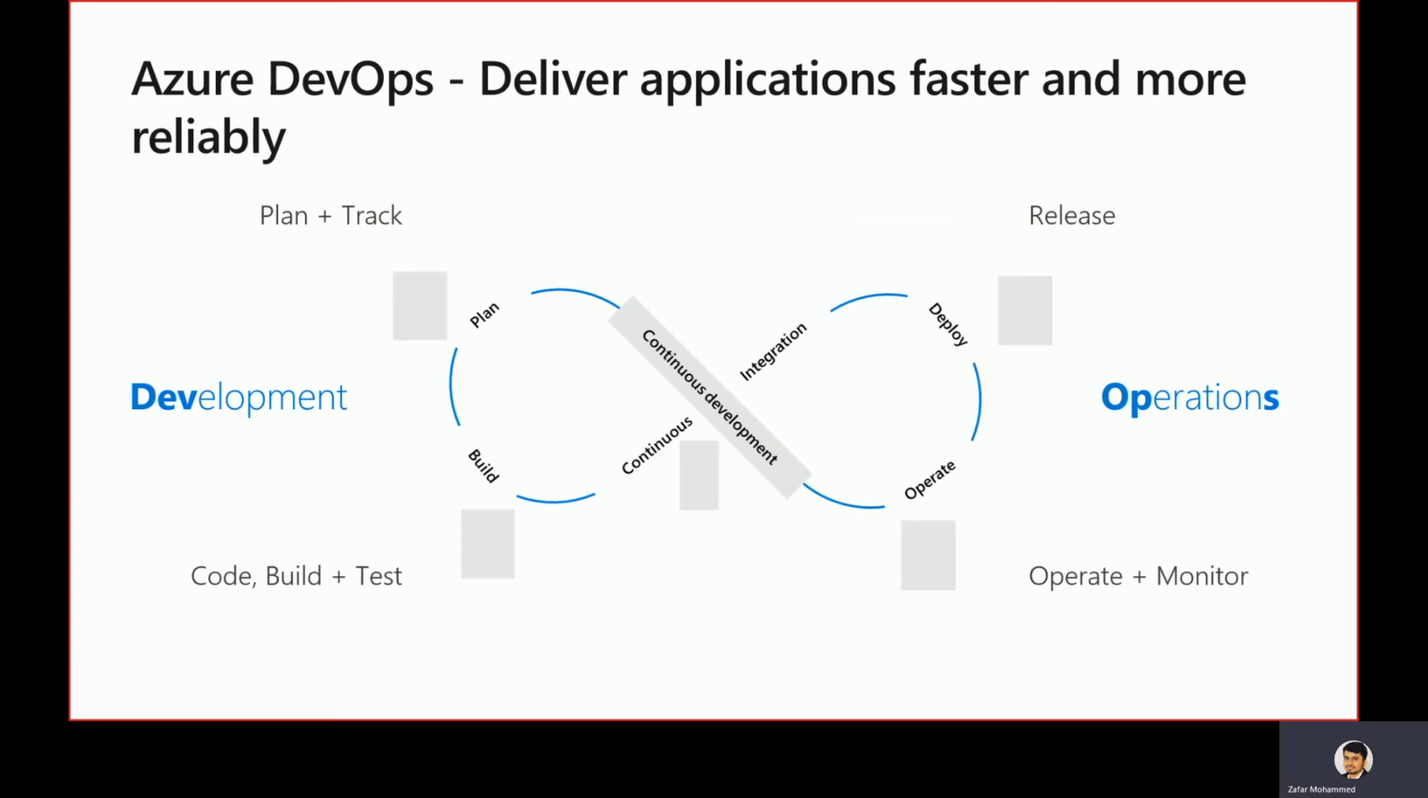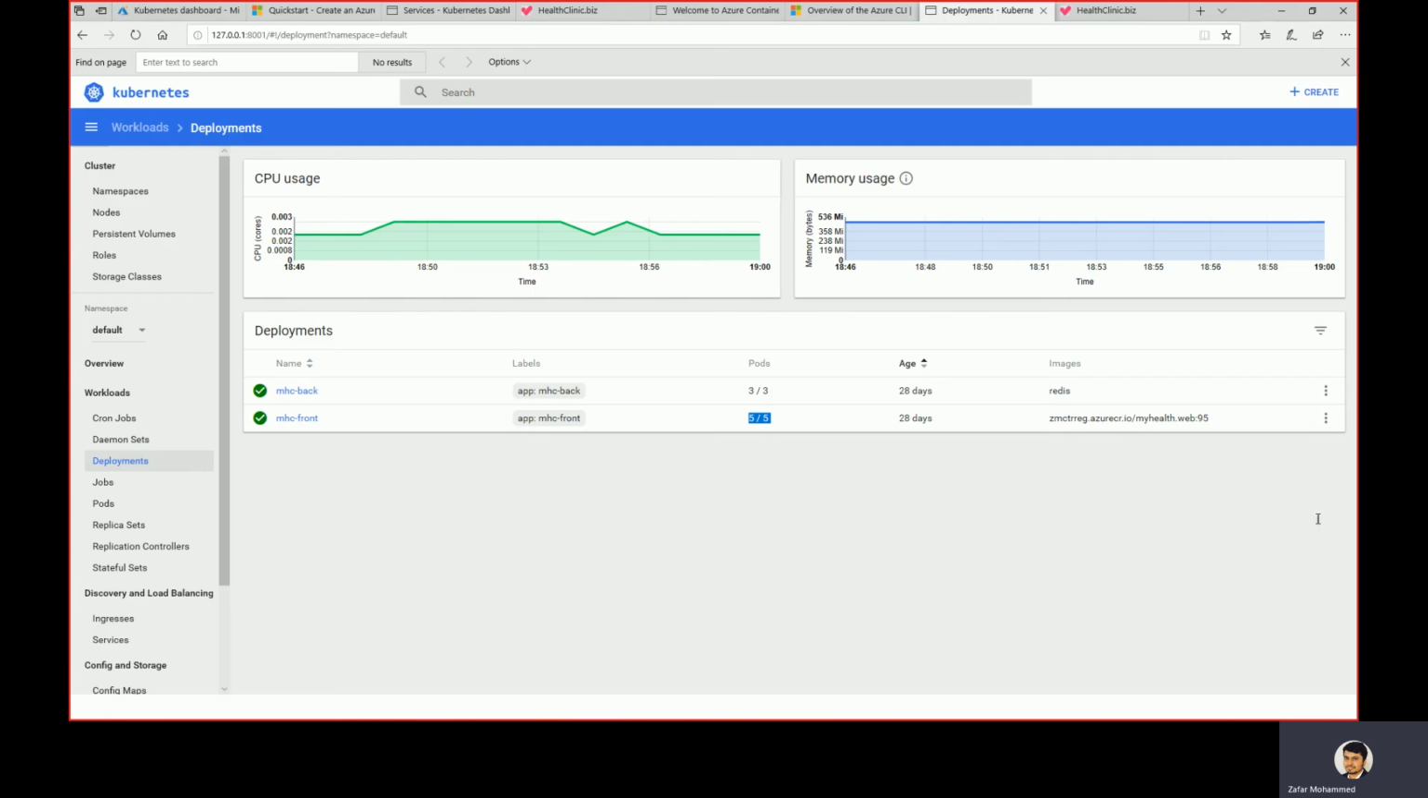So when it comes to Azure DevOps: plan, build, deploy, and operate, right? This is a continuous process. You'll have several releases, so you want to make sure that all this happens in a streamlined process without any kind of manual intervention. For that, you can use Azure DevOps. And I will show you for this specific application that I was showing you